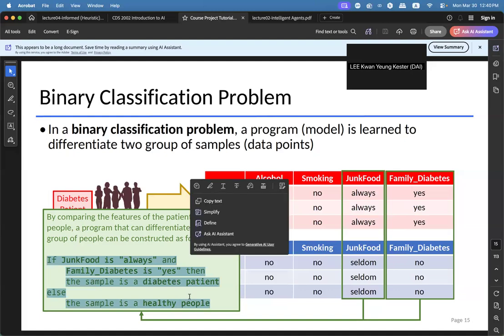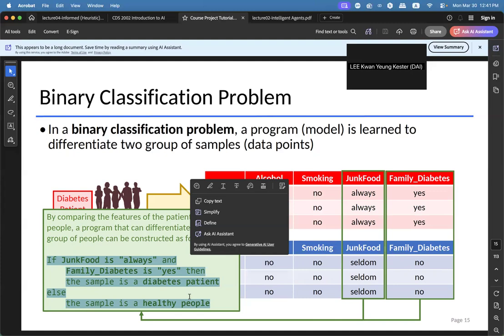Okay? So in machine learning, although many people will say fancy terms like building a model or training a model, the core essence of the model is actually something like this. It is not something that is so complicated.